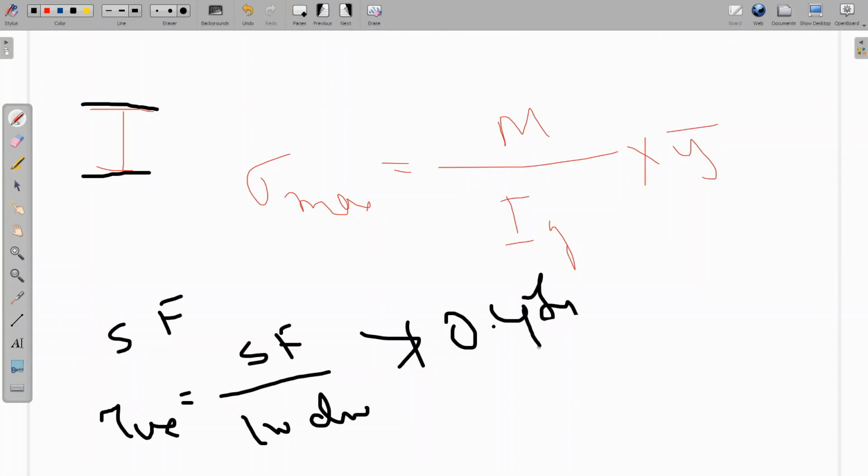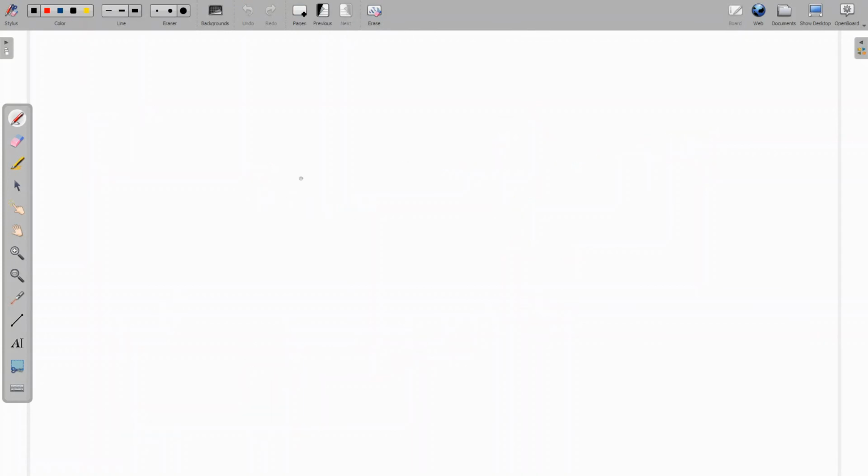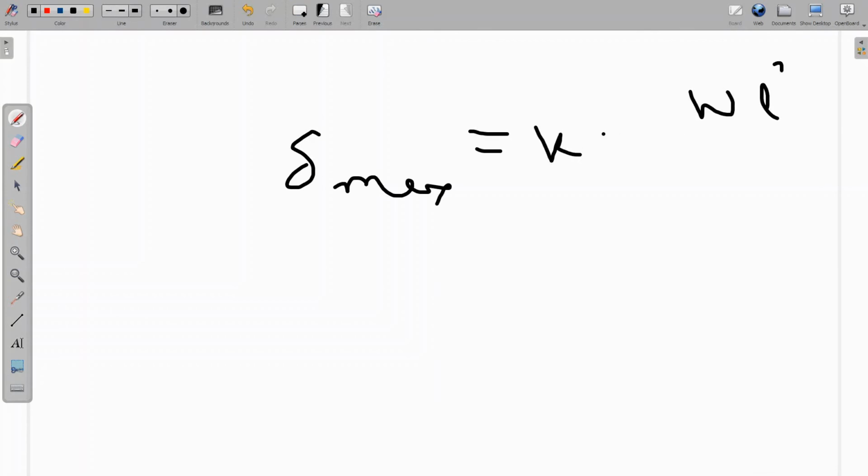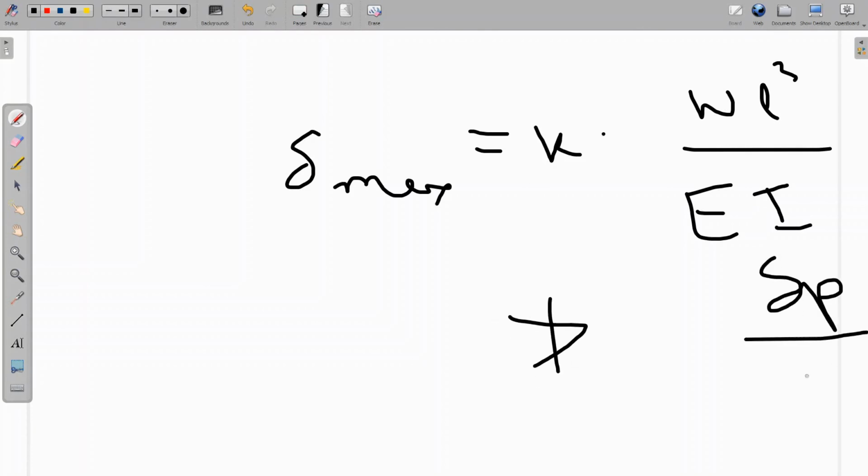Once you say these two components are safe, then you go for the check for deflection, because, if you remember, last class also you checked for deflection. So you have to calculate the del max. Del max is equal to K into WL cube divided by EI. Already you have calculated I, E you know, L is given to you, total load W, and K depends on the support condition and load condition; you find out K from the given table. Calculate the del max, and then this del max should not be greater than span upon 325. If this is also okay, then you can say now your design is 100% correct.